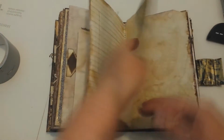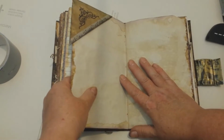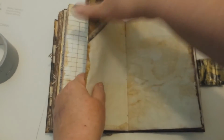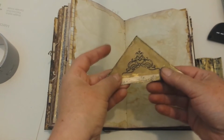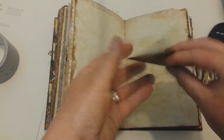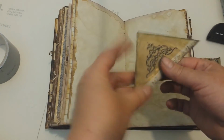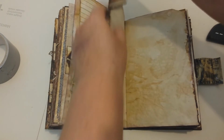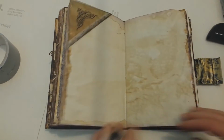here I have my book. I forgot again. No, bookmark. I just cut an envelope, and I add my stamp and some washi tape, and I ink the edges, and I make my bookmark. I think all my journals have a bookmark,